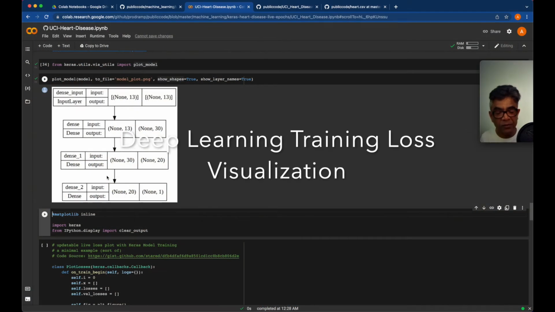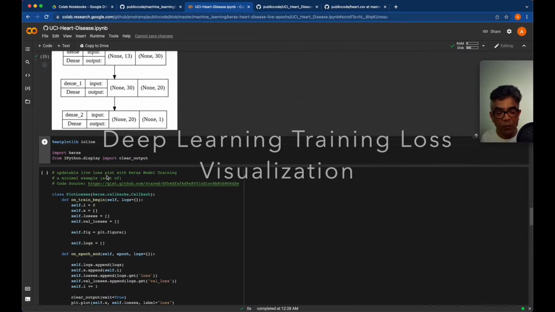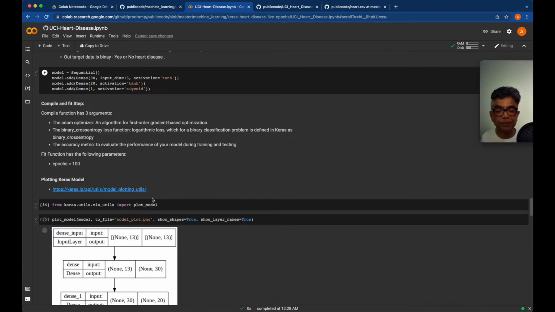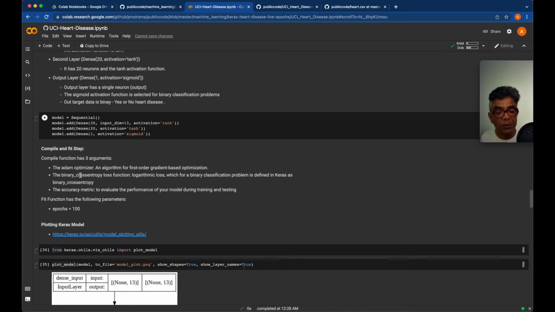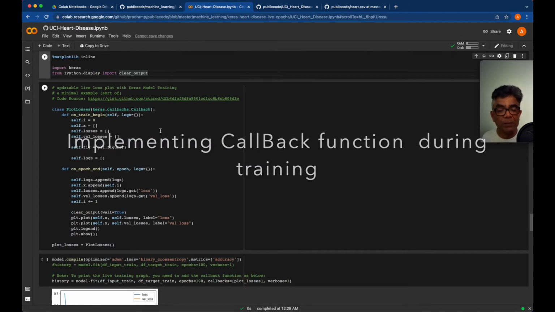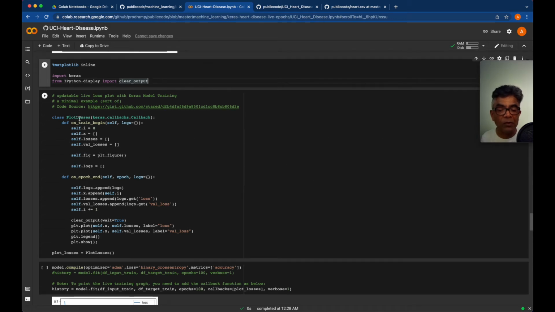In the next step, we are doing something very creative. When we start our machine learning training, we will try to visualize the real-time loss function, or the loss value, as the training progresses at every epoch or every step. So now we will implement our loss visualization